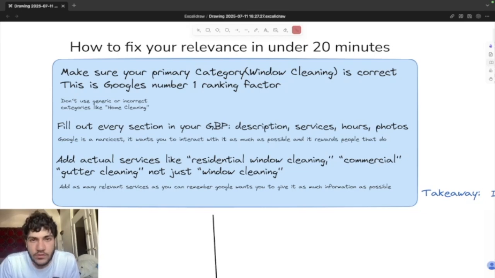You're uploading photos, right? Every few weeks, make a post on Google. Every few weeks, ask a question, then answer it right under it. Every few weeks, go to your Google reviews and answer these people. We're going to talk a bit more about Google reviews later, but getting into the next part is add actual